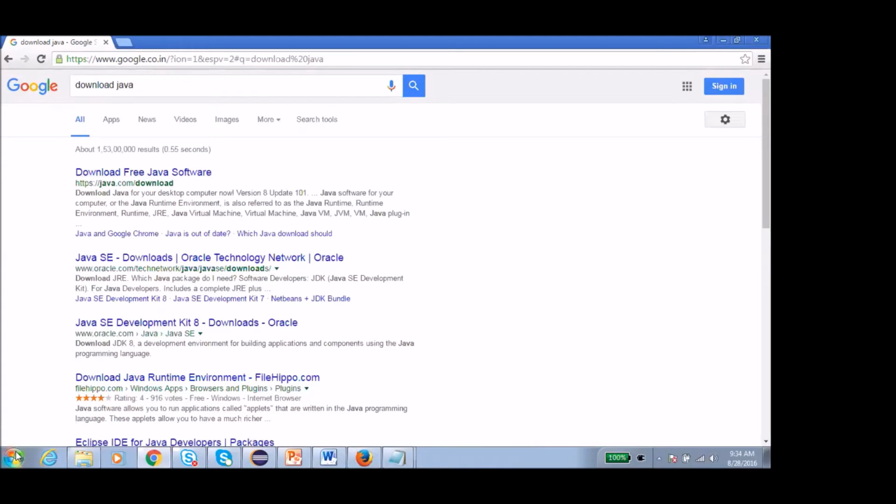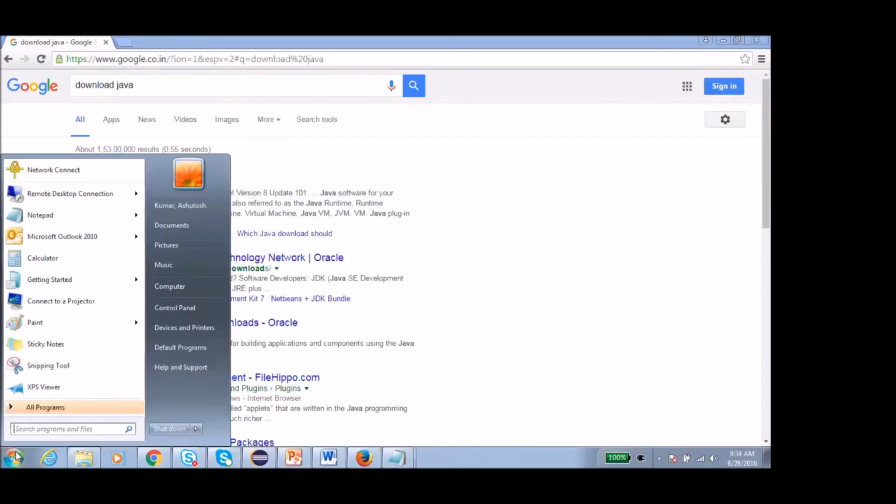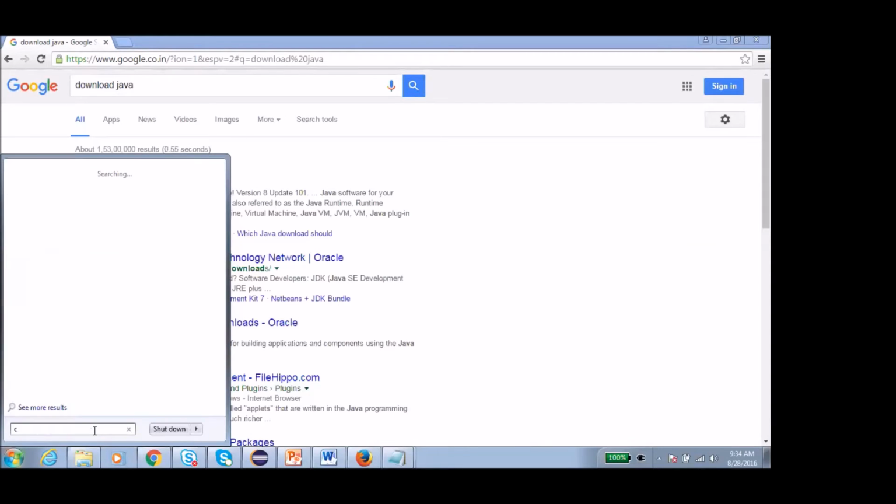So just to ensure, we want to check whether Java is installed in my machine or not. You can also do it right now with me. Just go to the command prompt: click on the start button, go to the start menu, write CMD, and open this CMD.